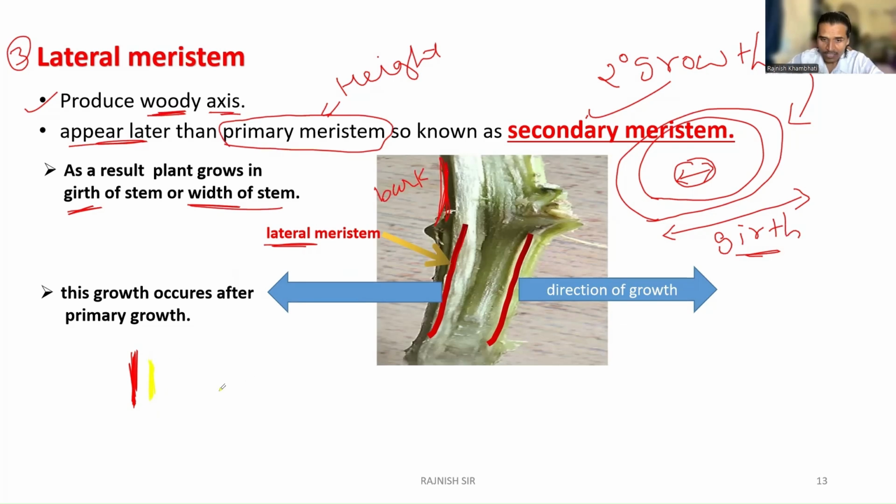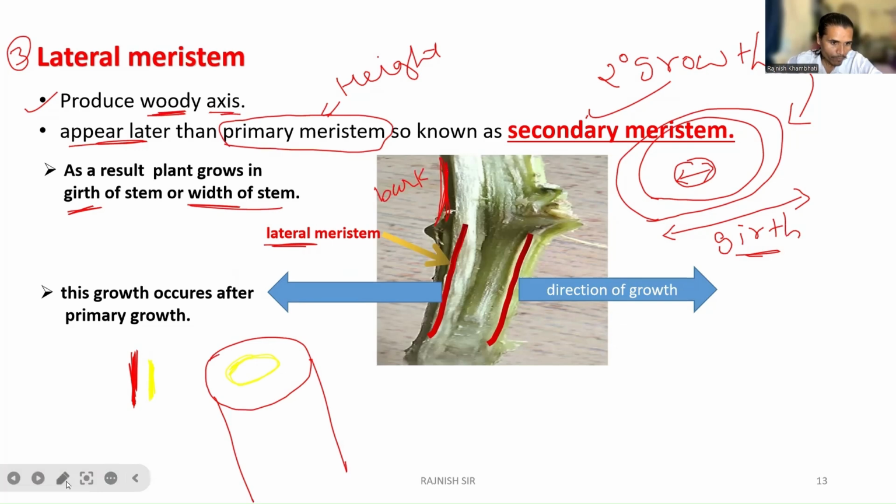And if I cut a transverse section of a plant, this yellow is the meristem. This is bark. Clear? So when I'm looking from the side, I can see it like this. This is bark, and this is meristem,